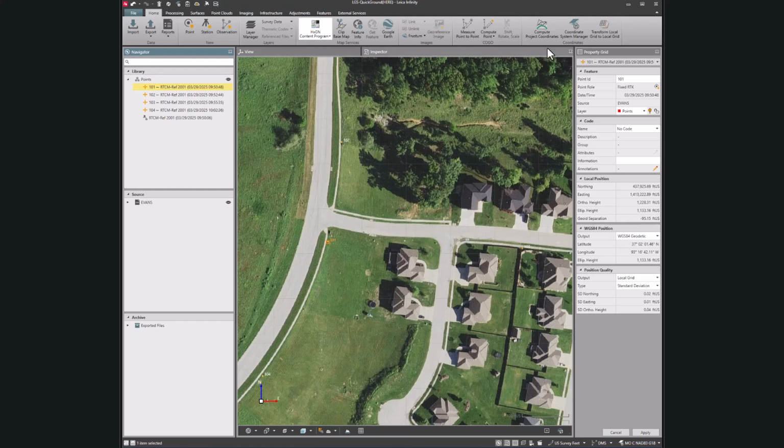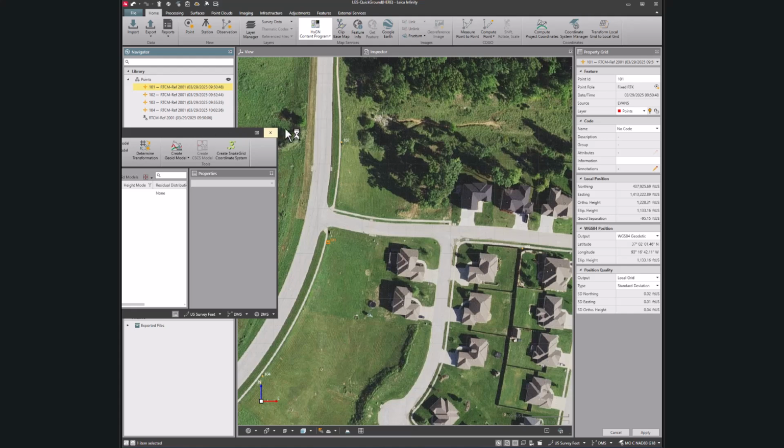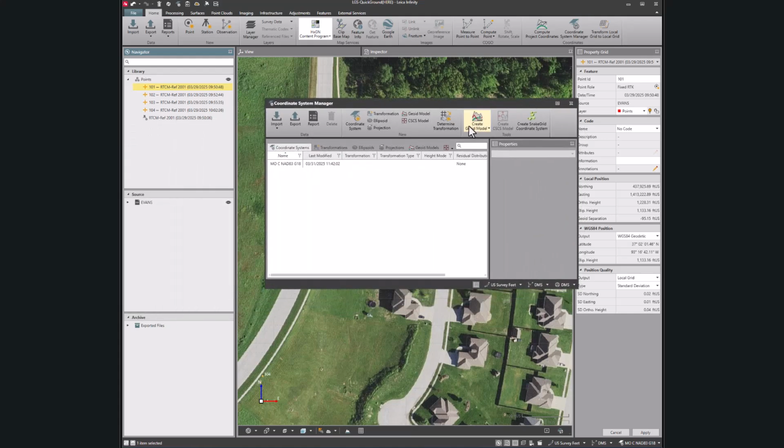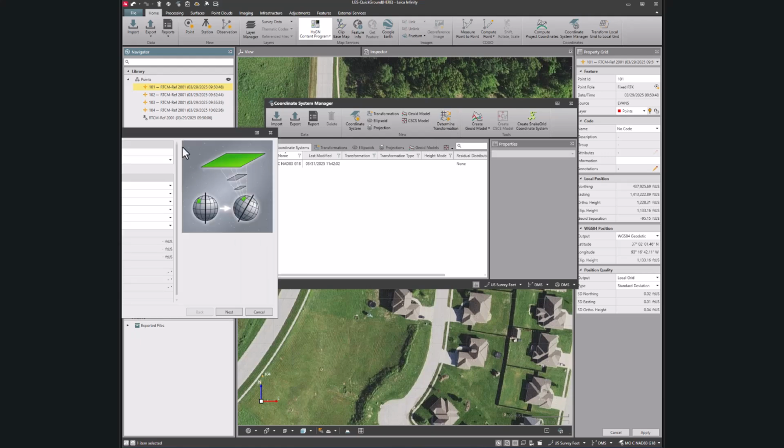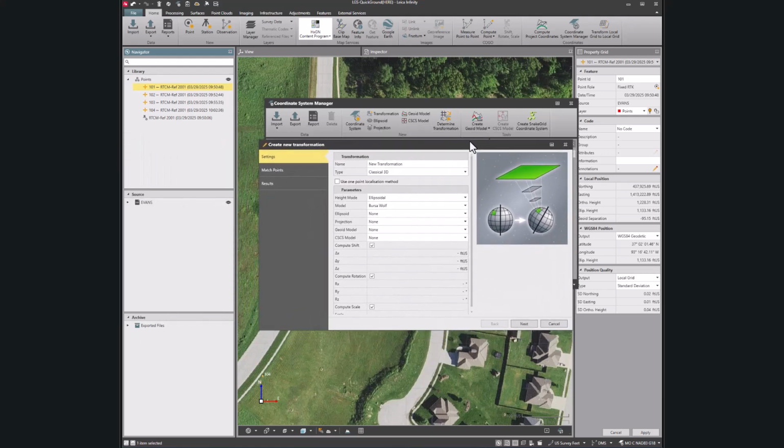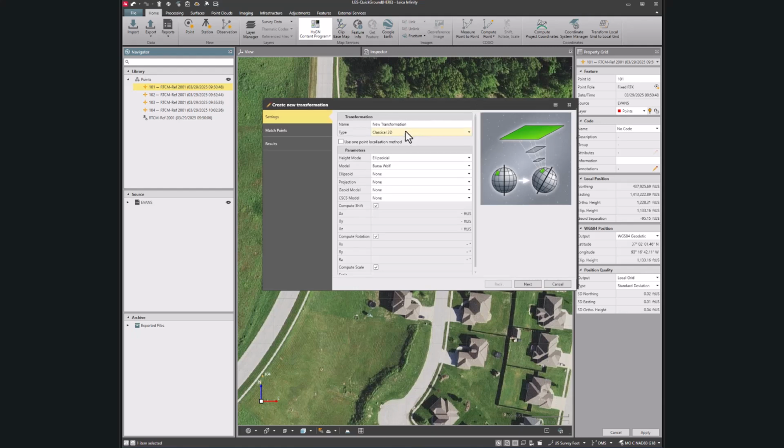So if you'll go to Coordinate System Manager, and then go to Determine Transformation, we can give this a name,